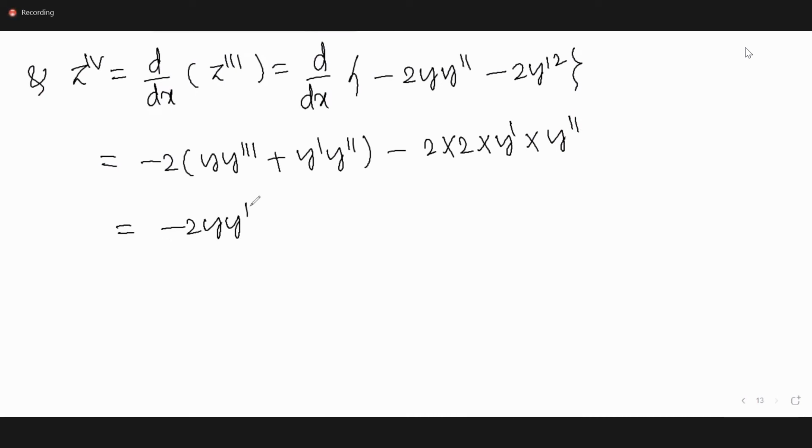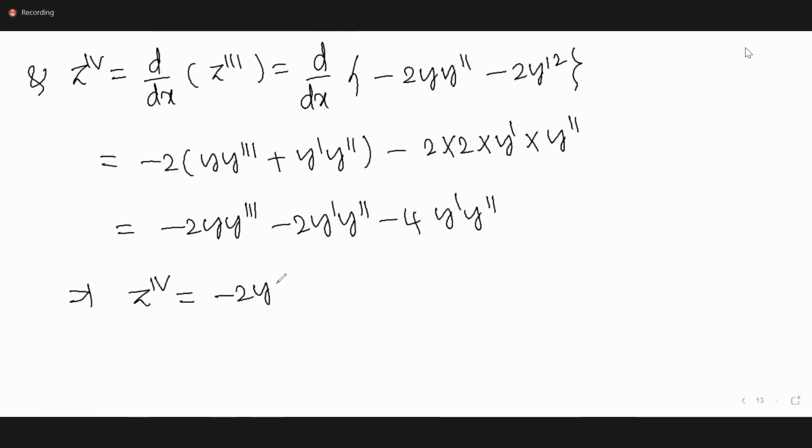So minus 2y y triple dash minus 2y dash y double dash minus 4y dash y double dash. So z fourth derivative is equal to minus 2y y triple dash minus 6y dash y double dash,